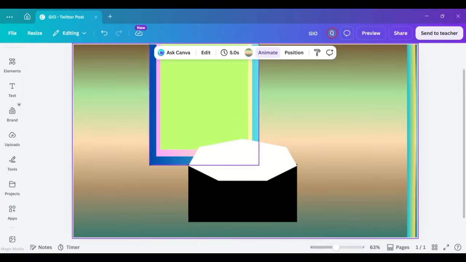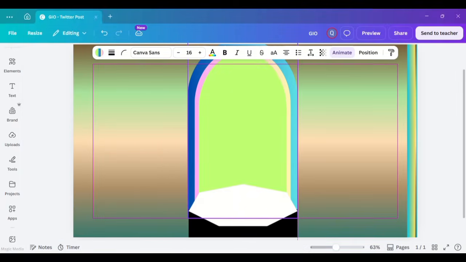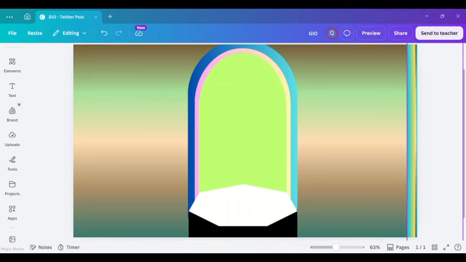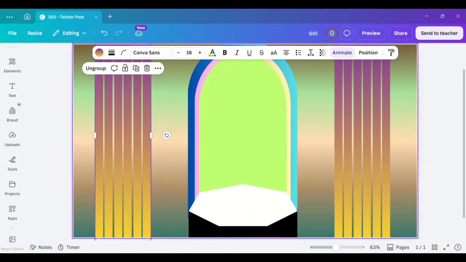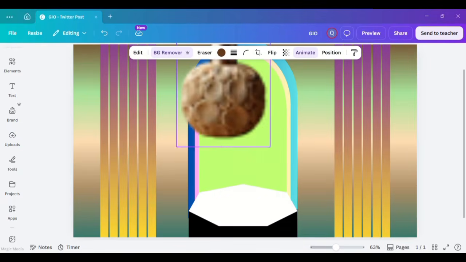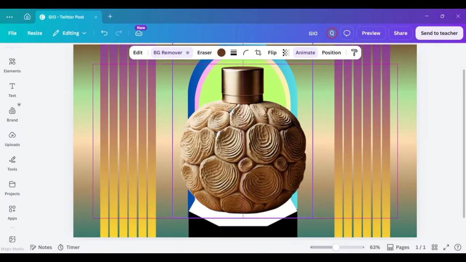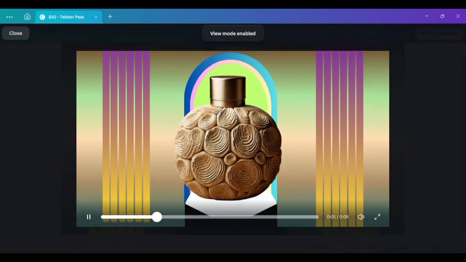Add a bold headline followed by a concise product description, price, and promotional message using modern sans serif fonts. Stick to a simple color palette with 2 or 3 complementary shades to maintain the flat design style. Keep every element aligned using Canva's